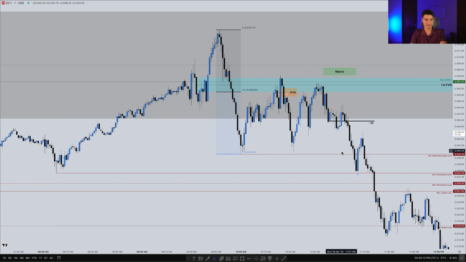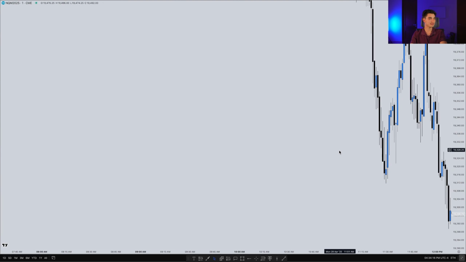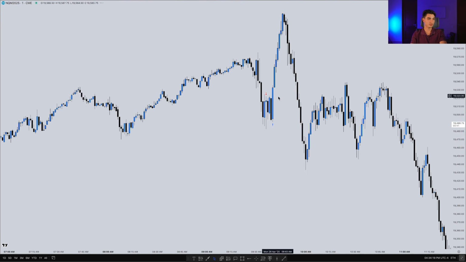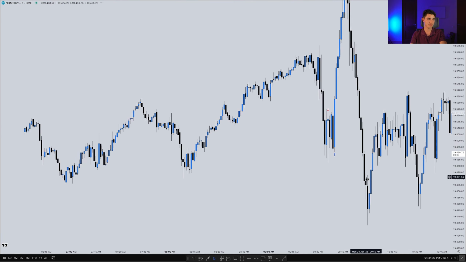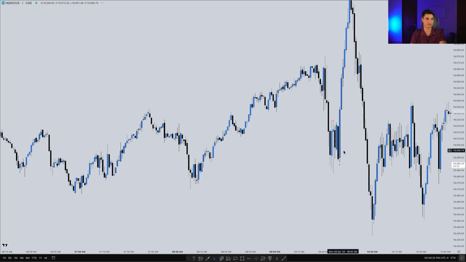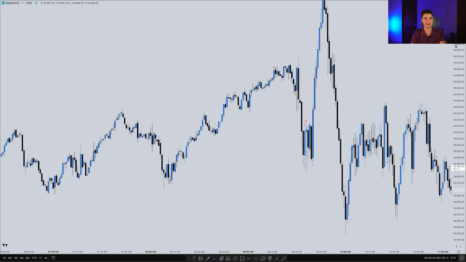The other trade that I took today on NASDAQ, just for completeness' sake here, was this short right here. As we traded up, hit this first presented fair value gap in here, I thought it was going to be a quick scalp into these pre-market lows here. So I was just looking to go short inside this up close here and then look to take a price run below these equal lows. Took a very quick stop out though. Market took me out here and then I waited for